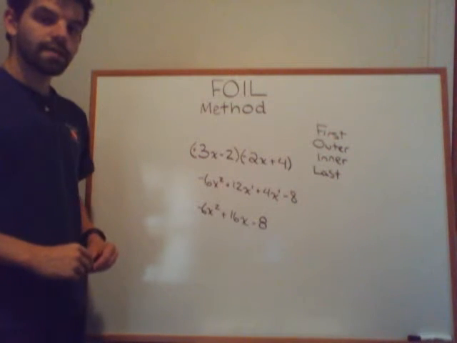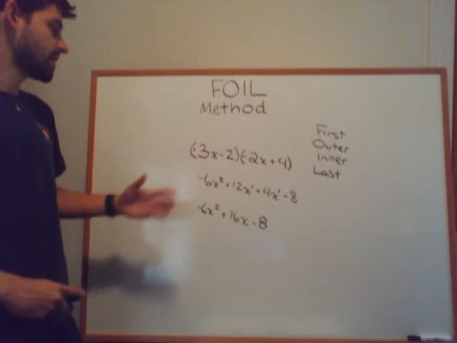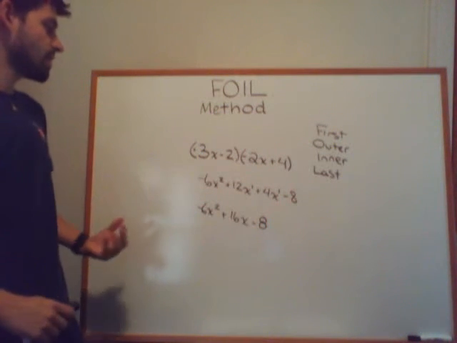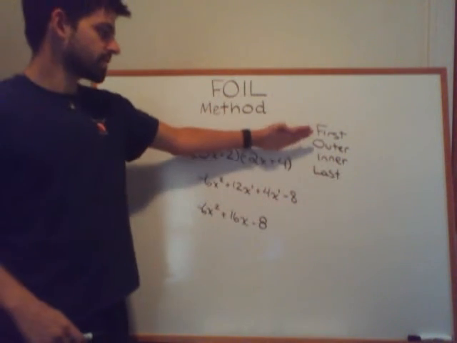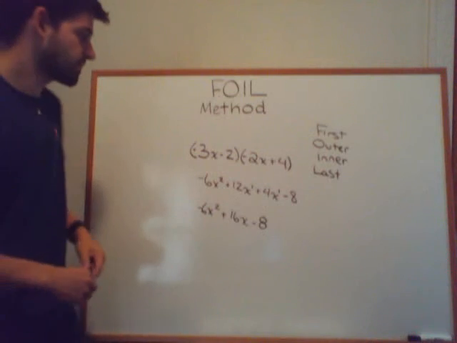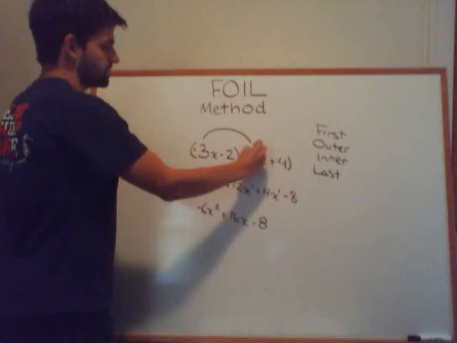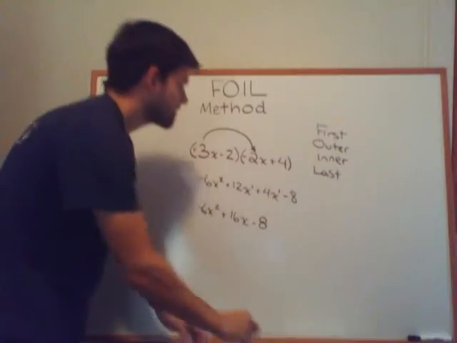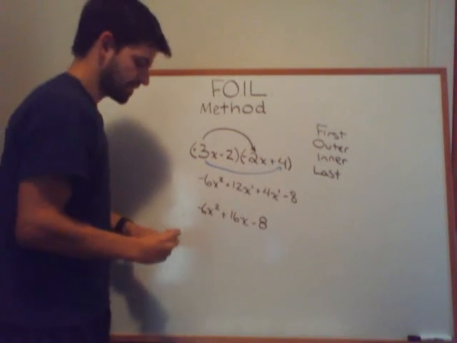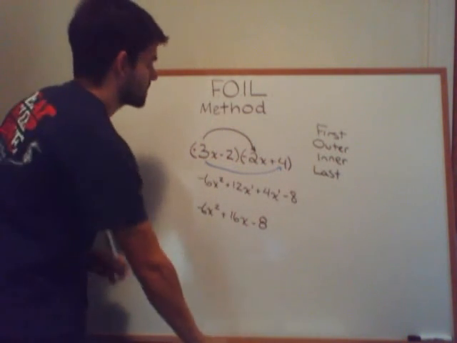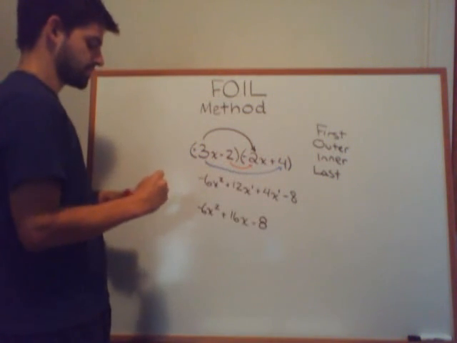Okay. But again, guys, it's not too bad. Again, just always keep track of your signs. Make sure that you're multiplying through not only the terms themselves, but the signs that go along with it. And then just first, outer, inner, last, just a quick review of that. So your first is going to be the first parts of your terms. The outer is going to be the most outer parts of your terms. The inner is going to be the inside. And then the last is going to be,